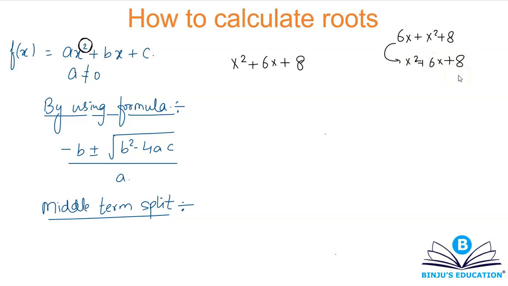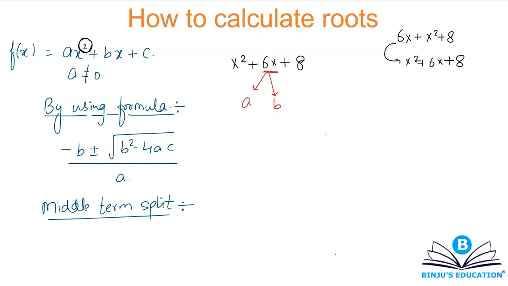Okay, anyways, coming back to the middle term splitting. What is middle term splitting? The middle term splitting says that you're going to split this middle term, in this case 6x, into two parts. Let's call them a and b, for example, into two parts, such that product of those two parts